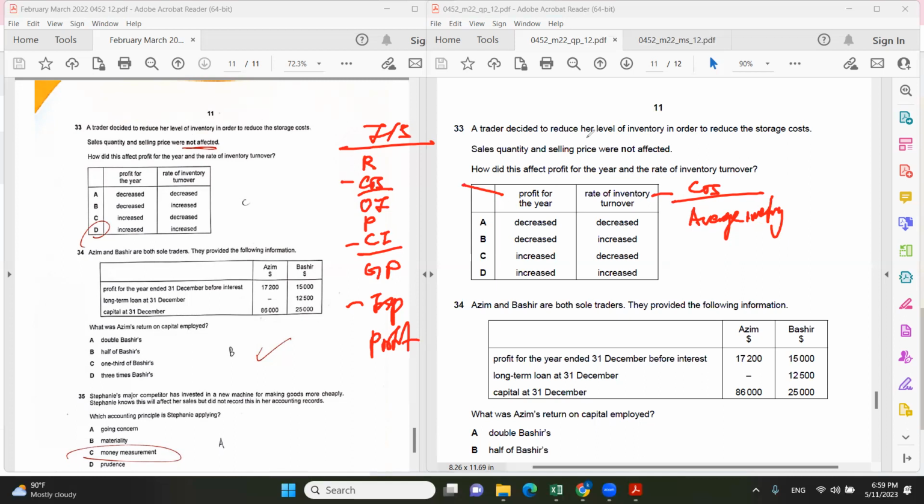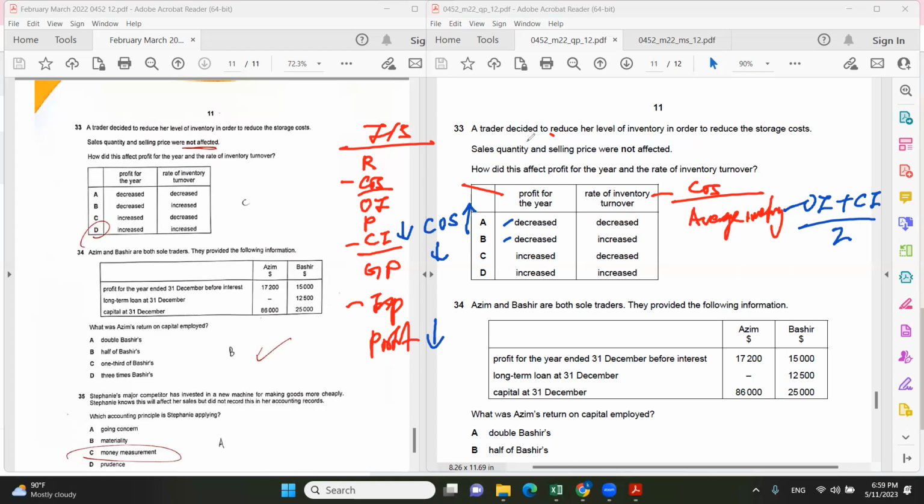Okay, now next is that they say that a trader decides to reduce level of inventory held. That means this one component is opening inventory plus closing inventory divided by 2. Our closing inventory will reduce. This reduce, cost of sales increase. Cost of sales increase, gross profit decrease. Gross profit decrease, profit will decrease. So this profit for the year should be decrease. Okay. Next is that,